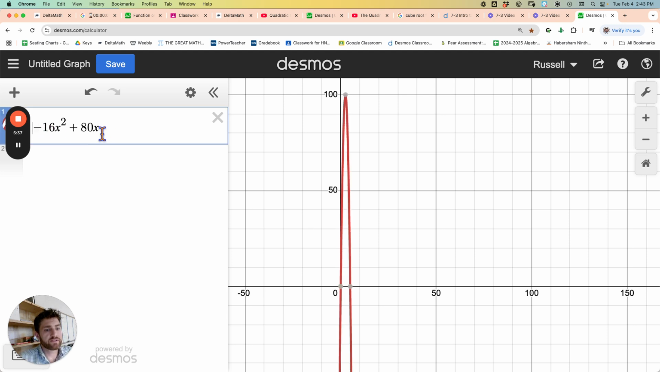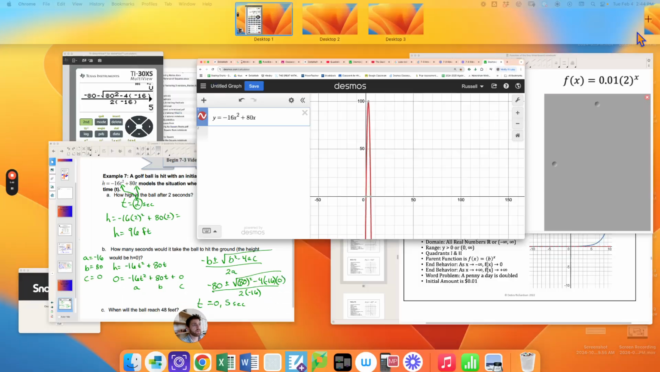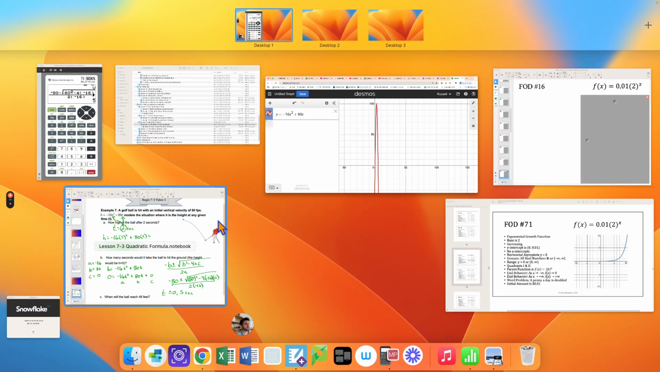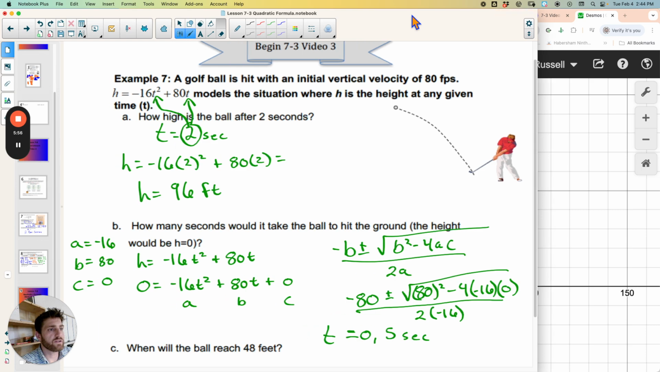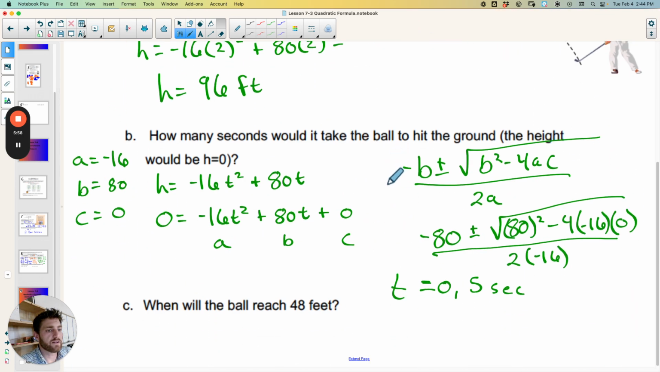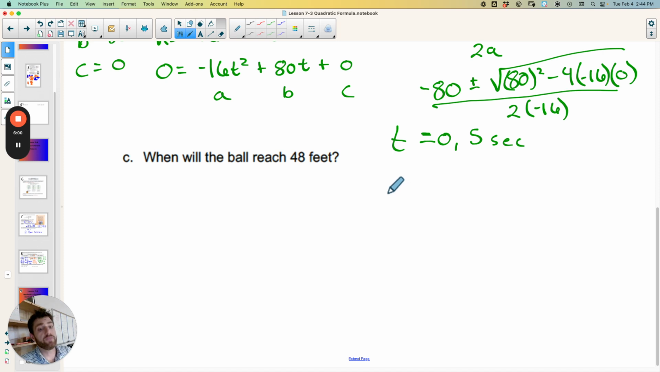I'm also going to type this in as y is equal. In the problem, we would have had h, but it's okay to use x and y. Desmos is not going to understand what h is, or it's going to get confused on that. Okay, so let's go over here. Okay, so then now I'm going to actually use this to answer this last question without even using the quadratic